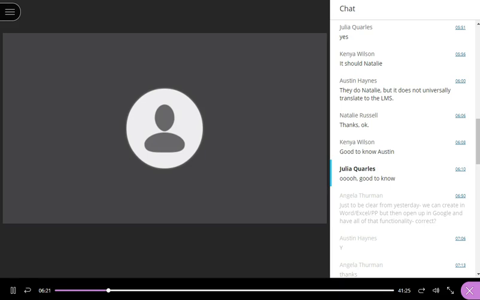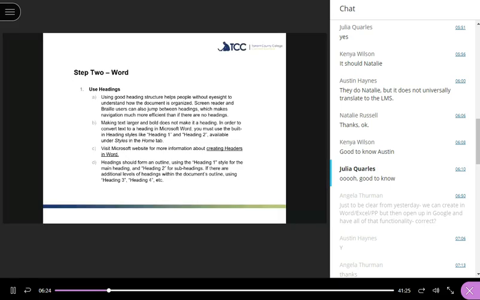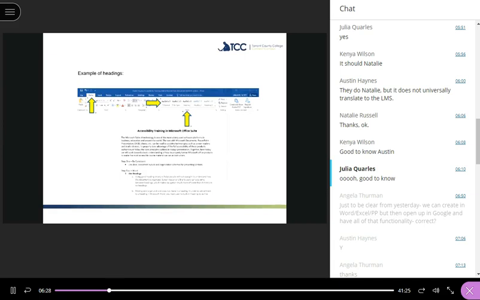Okay, so using the headings, I'll show you on the next thing here. This is what it looks like if you can see my screen. In the headings section, you get to it over on the far left by clicking on the Home tab. Then, when you're typing in a document, you'll see these different items right above here in the screen with the different little fonts, and you'll see it say heading 1, 2, 3.